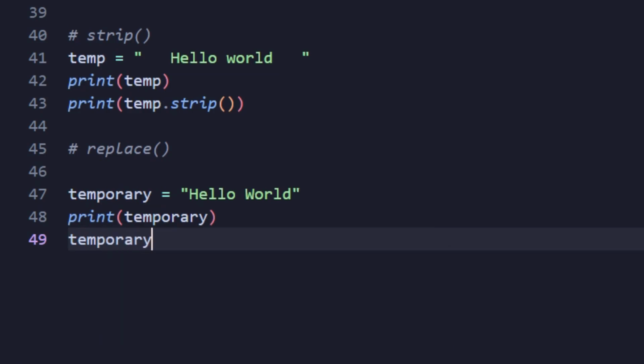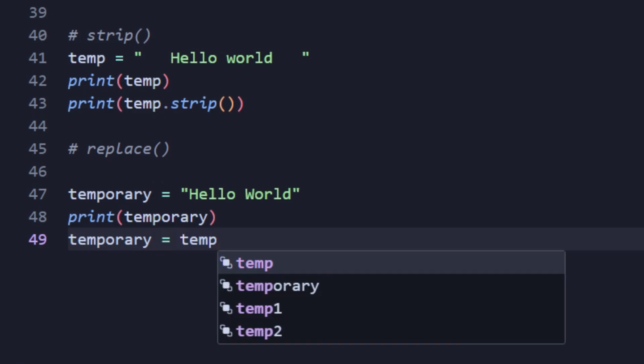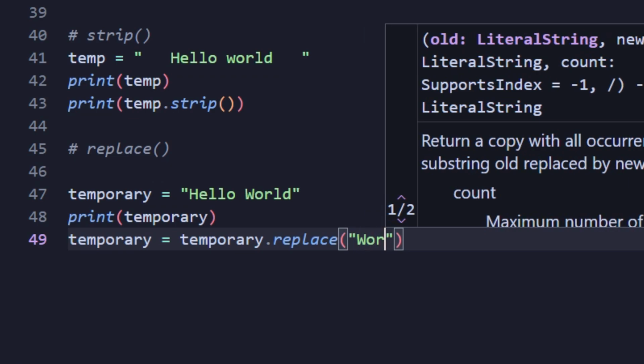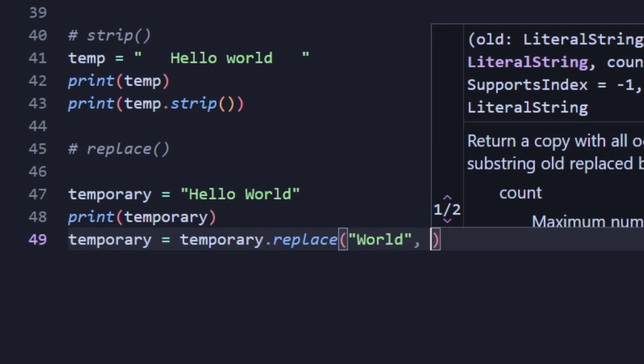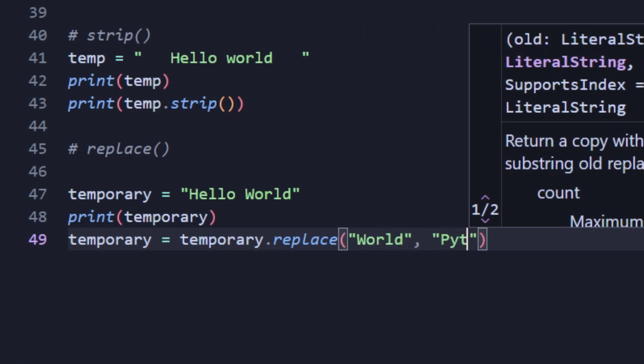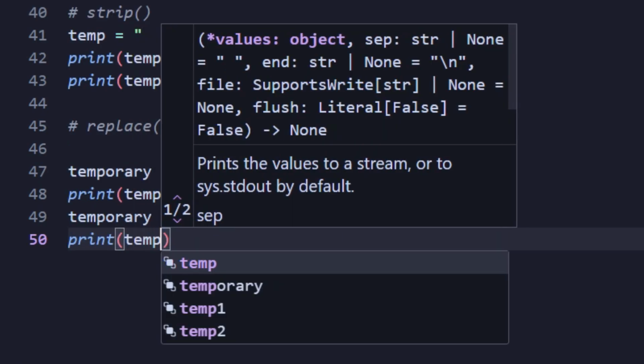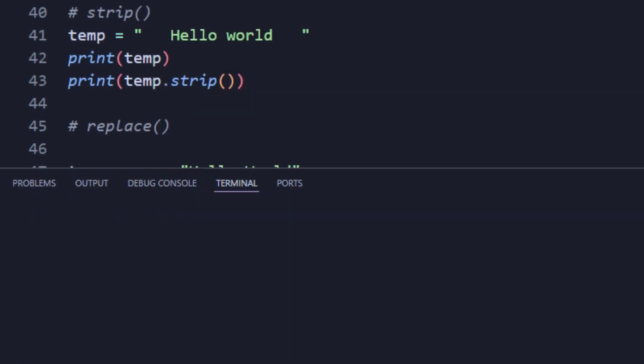Now what I can do is I can just replace it, which really means to replace certain words or certain characters. So what I will do is I will replace the word world with the word, let's say Python. Okay, and if I now print temporary,